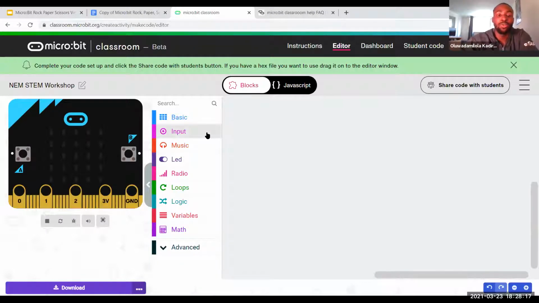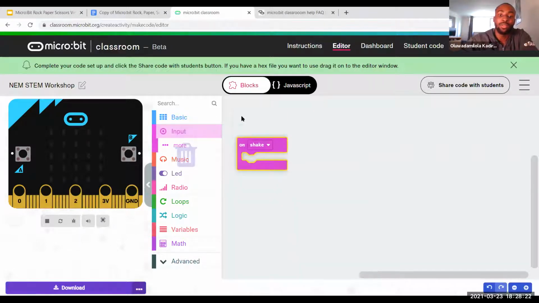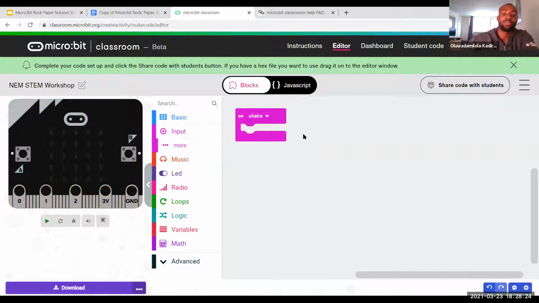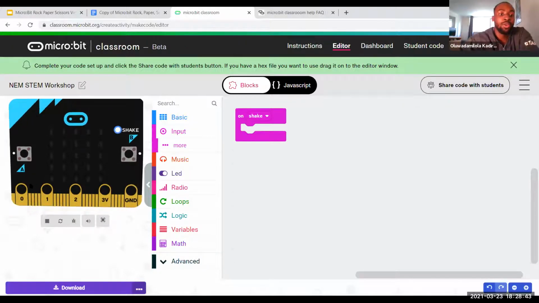Next, go to input commands and add the on shake block. Once you do that, you'll see a shake button appear on your MicroBit. You can click it to send a shake command to your MicroBit, or you can move your mouse on the MicroBit, which will simulate a shake.